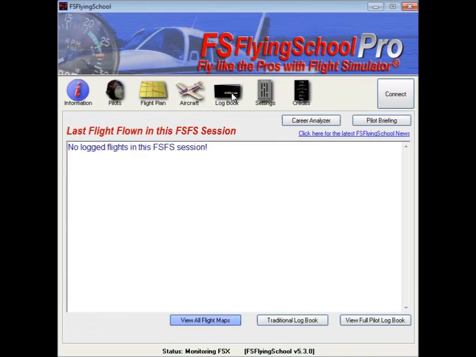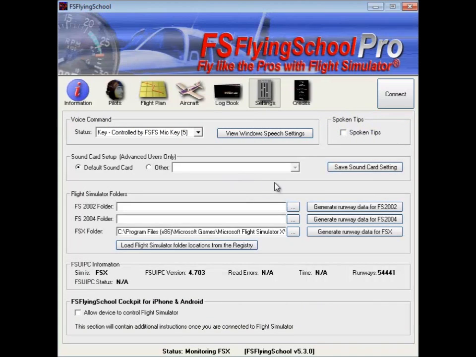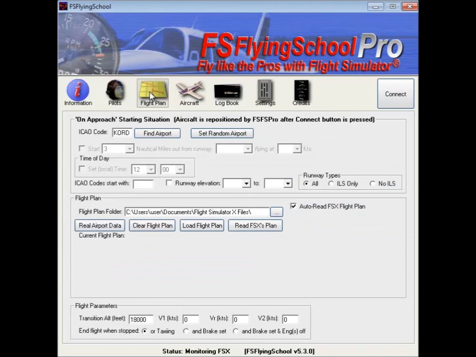And then of course you've got your logbook page where you're seeing how your flight was evaluated by the instructor, the settings page which enables you to control various aspects of the way the program's functioning, including, if you've added it on, how the voice commands are to be treated. And so we'll go back to the flight plan screen so we can see how the on approach logic all